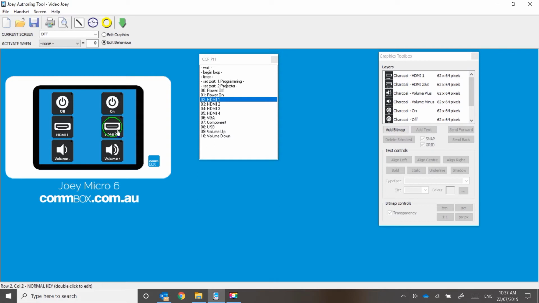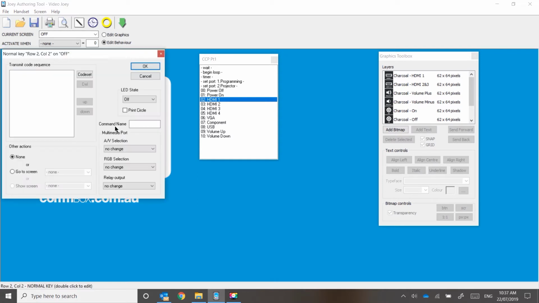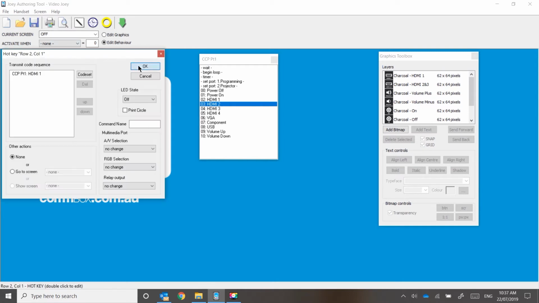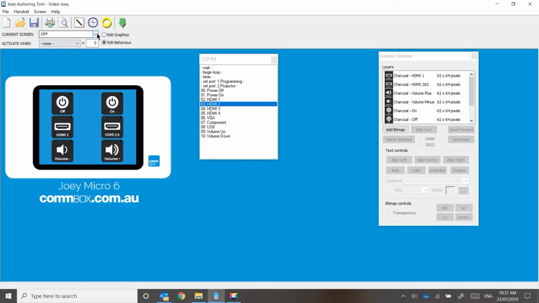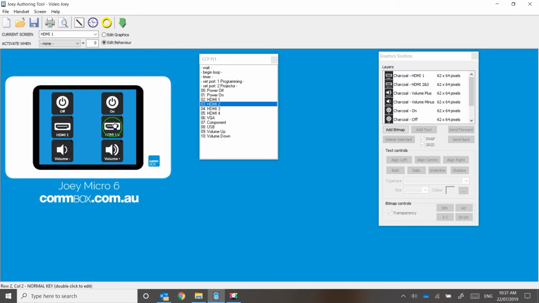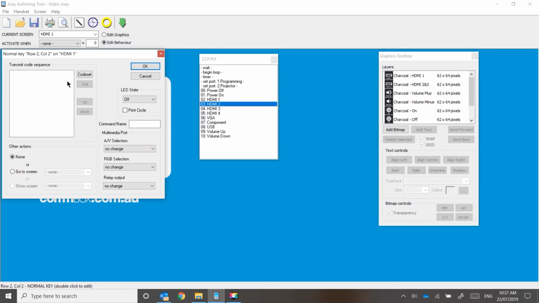Now on the same screen we're going to call HDMI 2 on the HDMI 2/3 button. If we drop down to our HDMI 1 screen, we can see on the HDMI 1 button that control is still there. But on the HDMI 2/3 it's gone missing